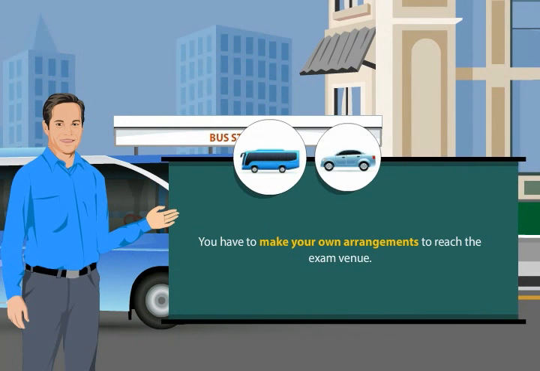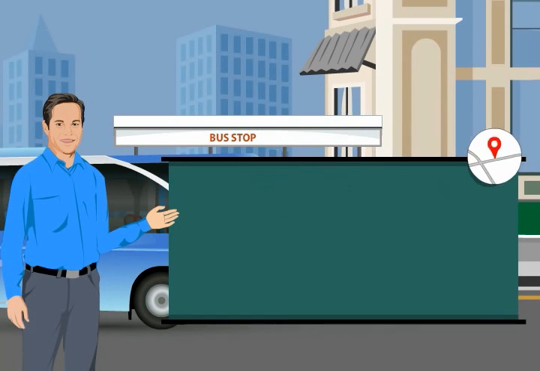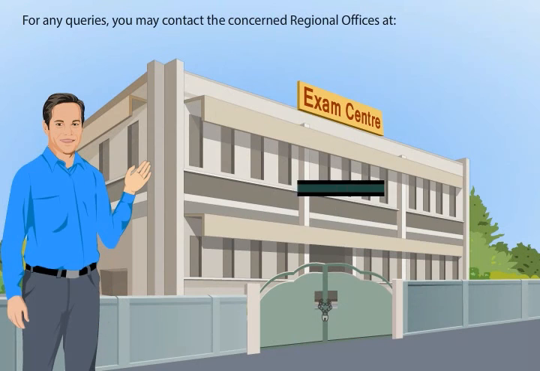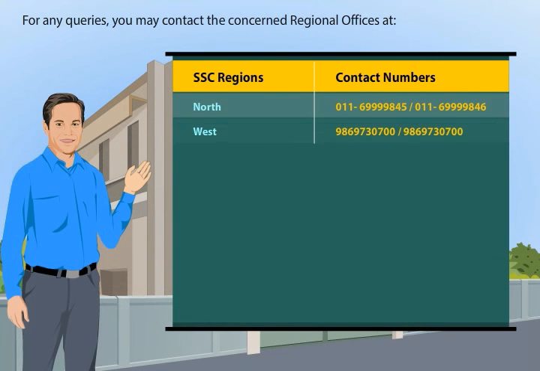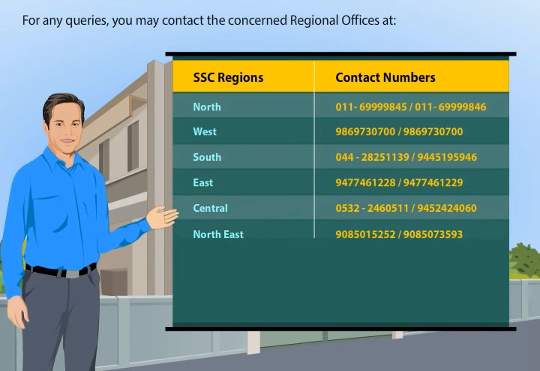You have to make your own arrangements to reach the exam venue. You are advised to visit the exam venue one day in advance to ensure that you know its exact location so that on the exam day you reach the venue well within time. For any queries, you may contact the concerned regional offices at